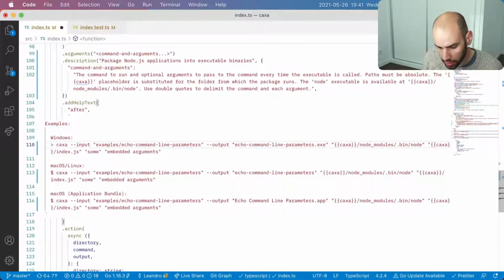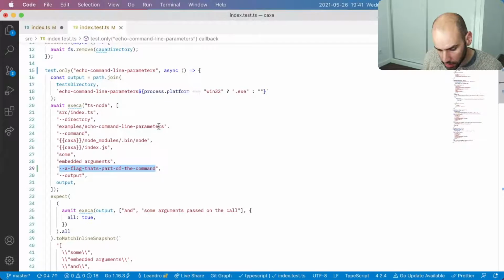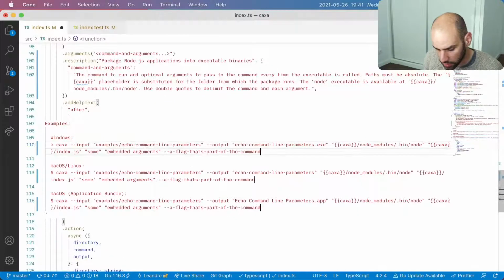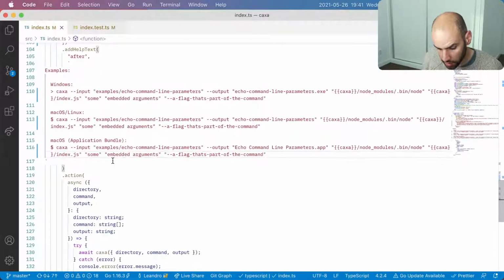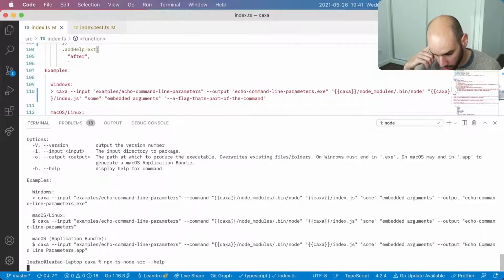I will not put the dash dash, but I will put here a flag that's part of the command. I will put that in the example. In the examples, there are multiple examples, so I think that is okay. I think that, let's see how this reads on the page. I mean, pretty much the same.